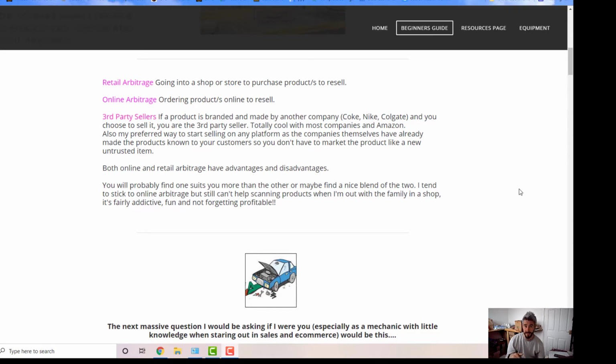Now, there's not been a lot of retail arbitrage recently because it involves going into shops and purchasing things from actual retailers. So that's retail arbitrage, where you walk into a shop, you purchase a product, you bring it out, then you send it in and sell it on Amazon. Online arbitrage is simply where you find those deals from the comfort of your home, or the cafe, or a park, or anywhere you've got an internet connection. You can source online, get the products to your house, send them into FBA, sell them, and Amazon do all the work. Okay, so that's retail and online arbitrage.